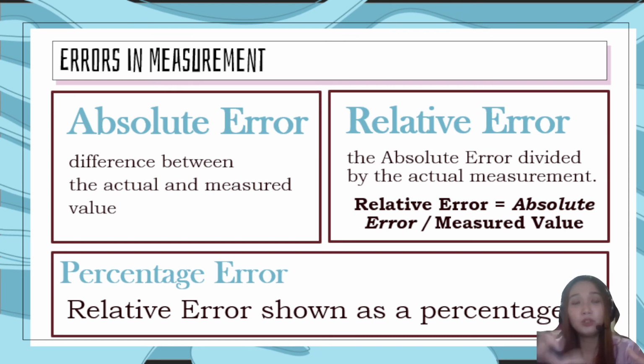So, yun, dun tayo nagde-differentiate para makakaroon tayo ng conclusion. So, if yung control value mo or yung perfect variable mo, kinuha mo yung difference niya with your independent variable, okay, so yung error na mapuproduce mo dun sa difference ng control and independent mo is